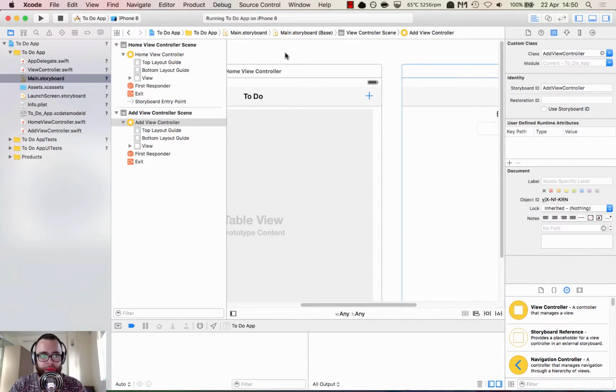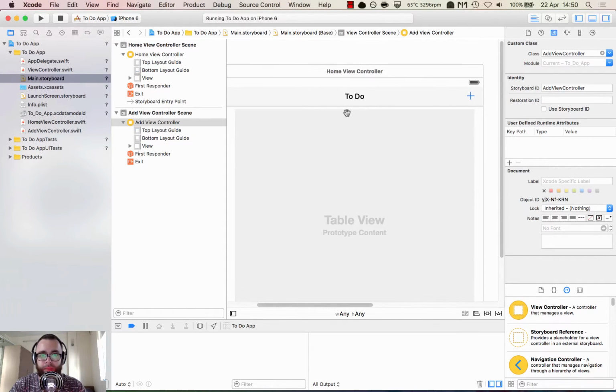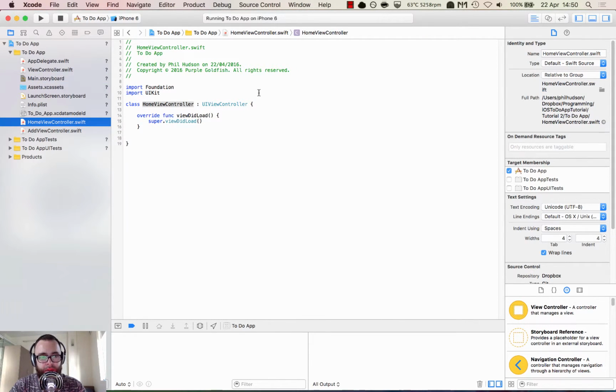Cool. So now we're going to start linking in some more of the stuff that we need. Now in the home view controller, we are using a table view, and this will probably be one of the main parts of our app. So what we need to do is, to use the table view, we need to say that our view does